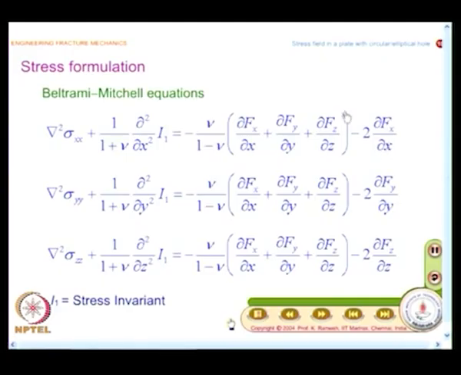So, what you find here is this term gets repeated for all the expressions, only the last term changes. The first equation it is fx, second equation it is fy, and third equation it is fz, and this changes as sigma xx, sigma yy, sigma zz, and the middle expression everything remains similar except the first expression, it is dou squared by dou x squared, second expression it is dou squared by dou y squared, and third expression it is dou squared by dou z squared. And another aspect you have to look at, see what you have this as Fx, Fy and Fz are body